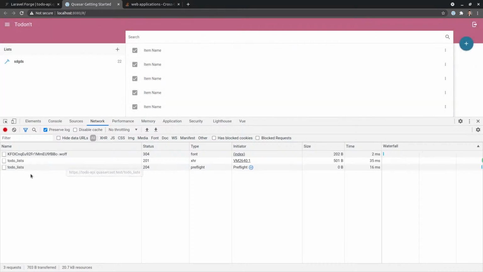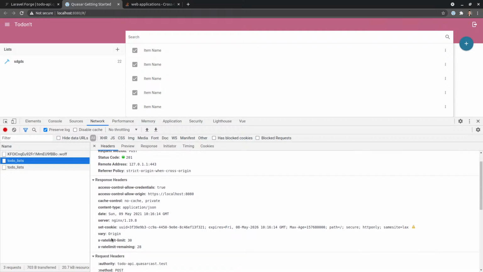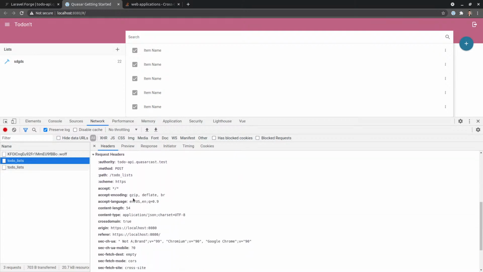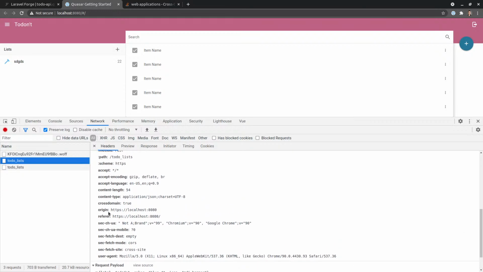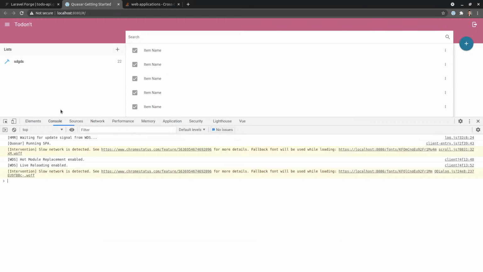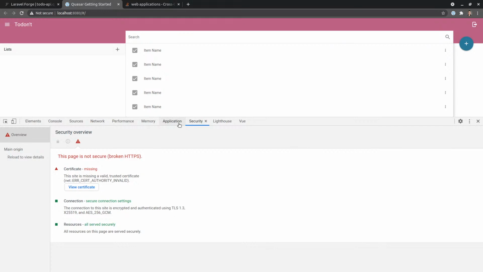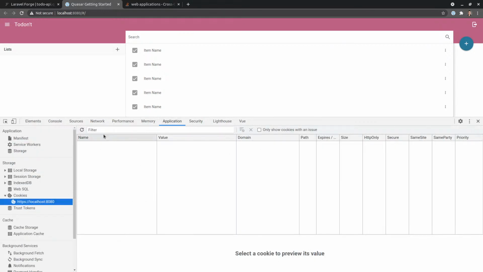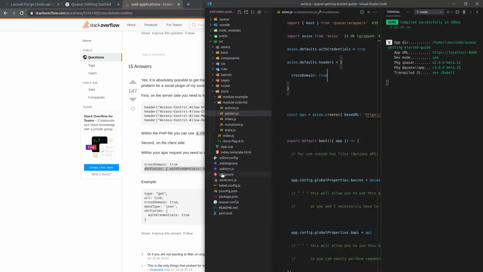Man, a lot of tiny little things we need to do to figure this out. Set the cookie. Not seeing that cross-domain. Oh, here we go. Cross-domain true. Now let's refresh that, and let's see if that cookie is set. I bet you it's not. All right, what else do I need to do? Apparently I need to set that